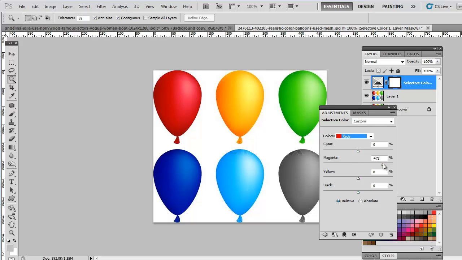Look at the result in the image. I'm increasing and decreasing the magenta. So I'm increasing yellow also. Now I'm going to increase cyan values so that the blue will look more